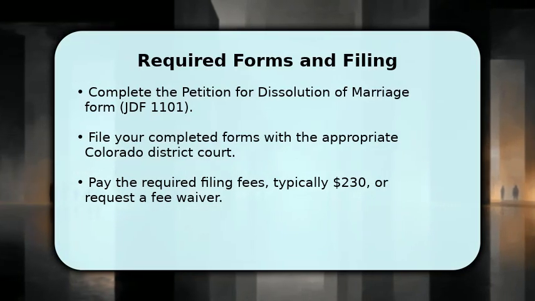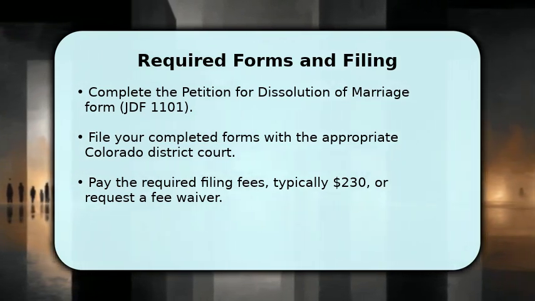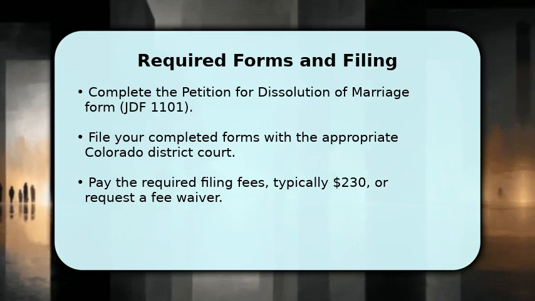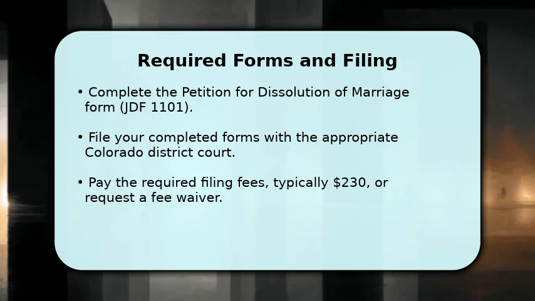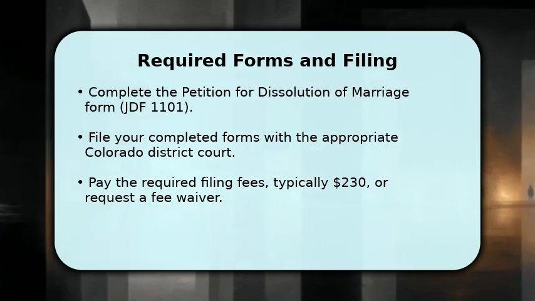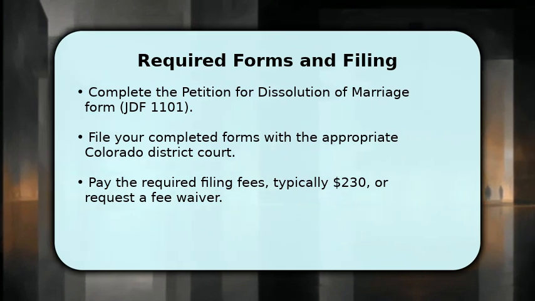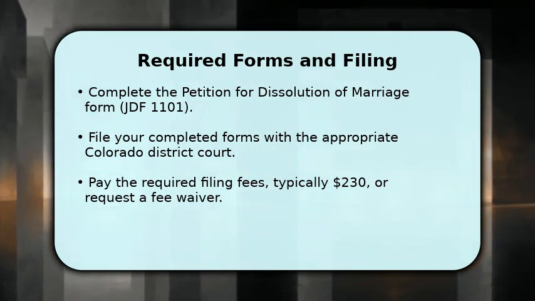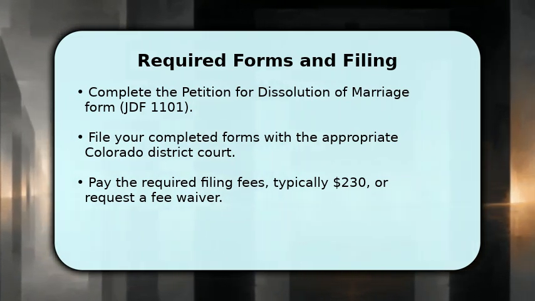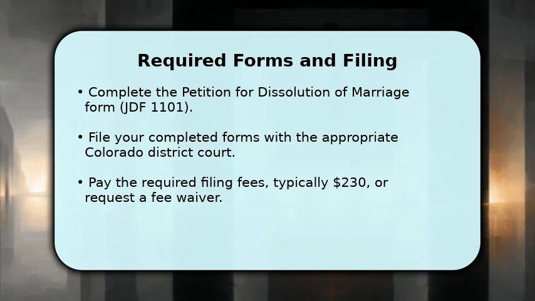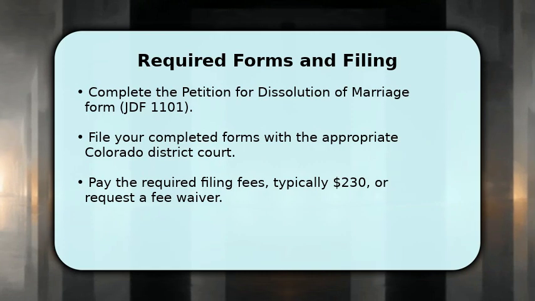Once you've confirmed your eligibility, the next step is to complete the petition for dissolution of marriage, also known as JDF 1101. This is the primary document that initiates the divorce. Fill it out carefully, providing all requested information about your marriage and children, if any. After completion, file these forms with the district court in the county where you or your spouse resides. Remember to pay the filing fees, which are typically $230, or apply for a waiver if you meet the financial